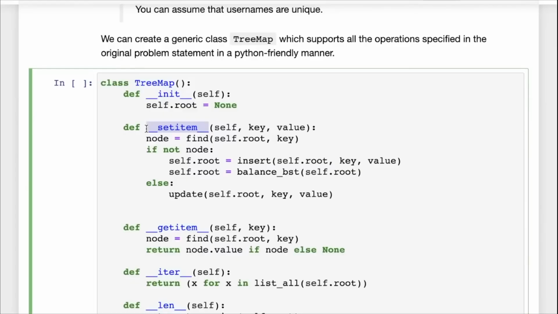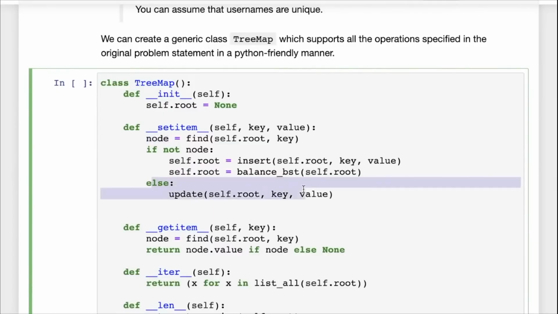We're going to use the function __setitem__ here, and __setitem__ is just like insert, except it is a combination of both insert and update. So to set an item, we will pass a key and a value. And of course, self will refer to the TreeMap object itself. So the first thing we do is we get the root, which is basically the binary search tree that we are storing internally here. So we get the binary search tree, and then we look for the key inside the binary search tree. So if the key is found, so if we find the node in our tree,